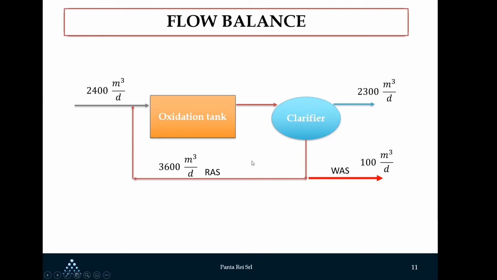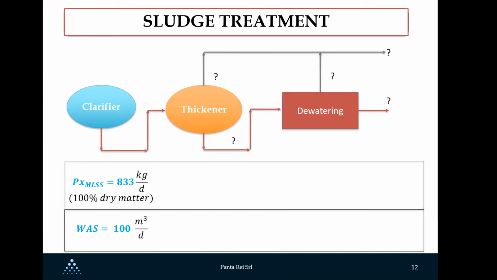So in this condition, we are able to keep the SRT of 30 days. We have already seen the calculation for the sludge production and for the wasted activated sludge. But here, as you can see, we have some unknown parameters. The wasted sludge goes to the clarifier,